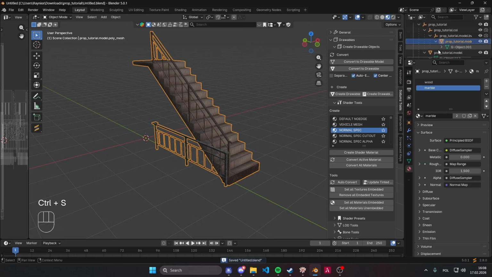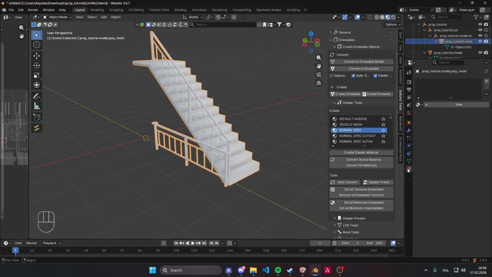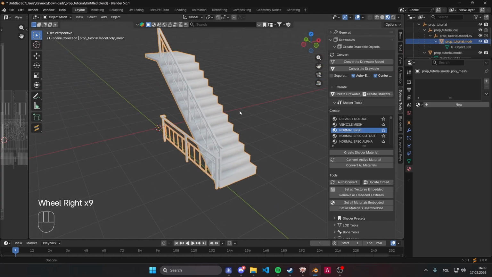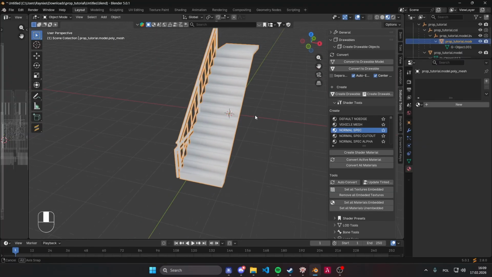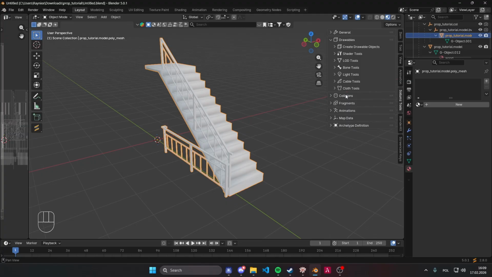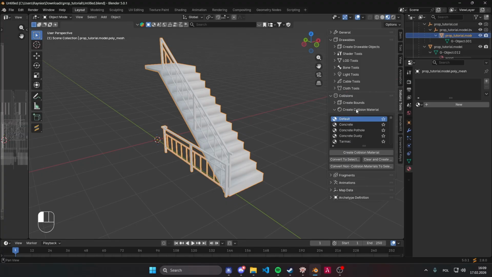The next step is click on expand it till you see poly mesh, click on it, click the textures and remove the textures. Click the material thing and remove the textures. Okay, it's gonna now turn white or whatever it is. I think it's gonna be a color like this, should be. Okay, that's good. Now you're gonna close this, go to collisions, create collision material,